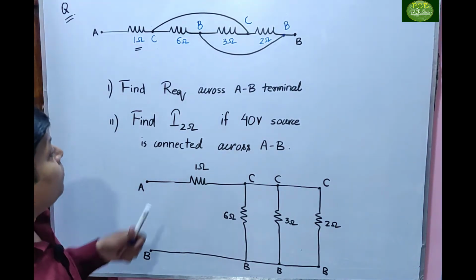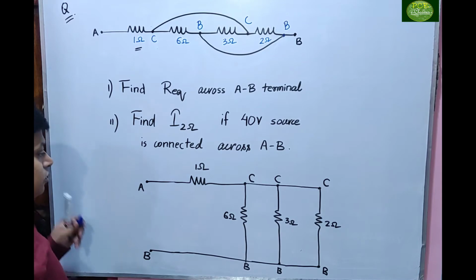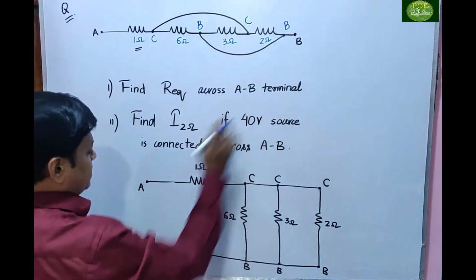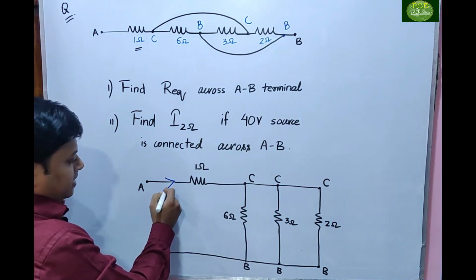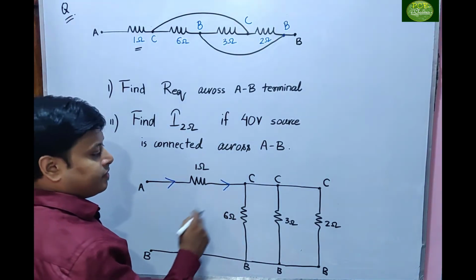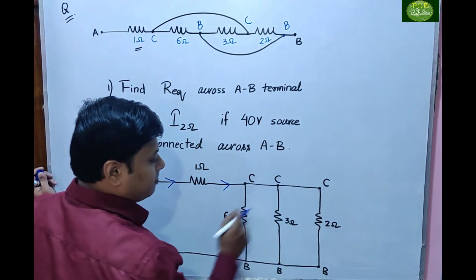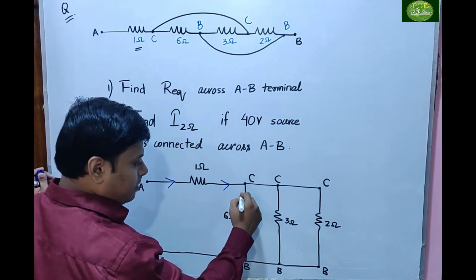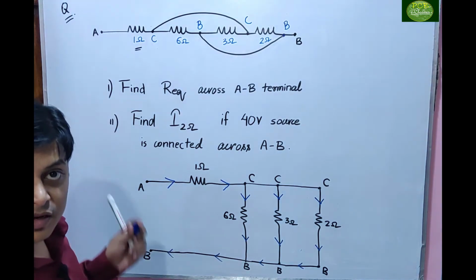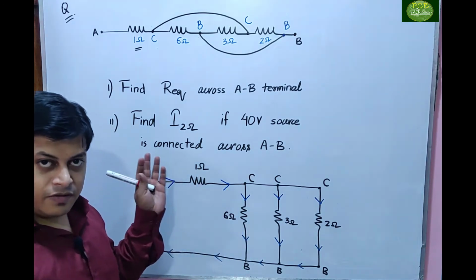Now see here. What we have to find out? R equivalent. So what is the first assumption I have said? You have to assume a current pumped from the terminal side. So I am assuming that a current is entering in this way. A current enters here. Clear? These all points are same. That means the current will be divided here and comes back to the B terminal. This is the current distribution. What is the second step in the R equivalent? We have done it. Fine.